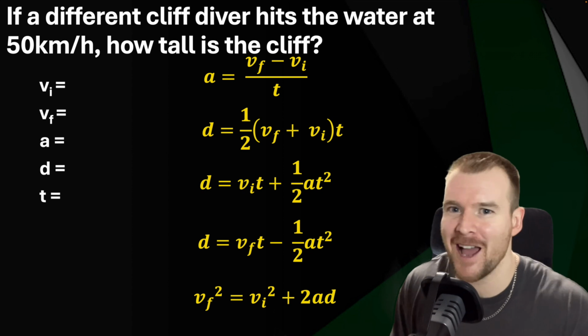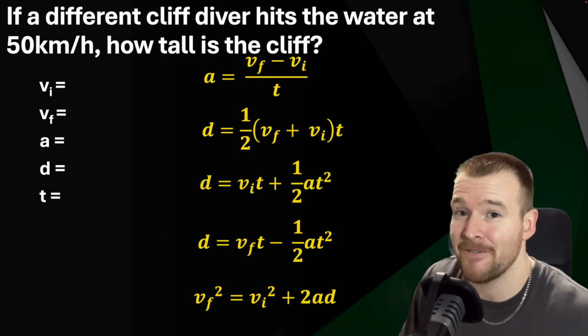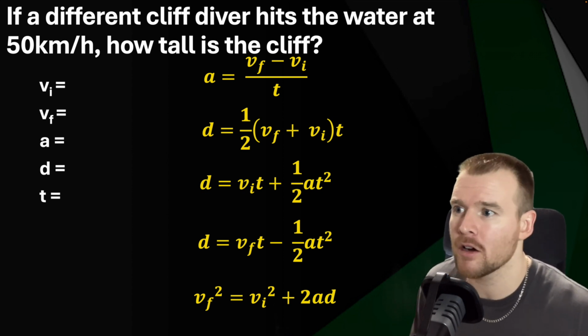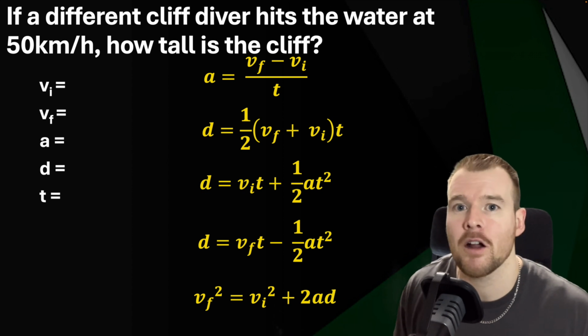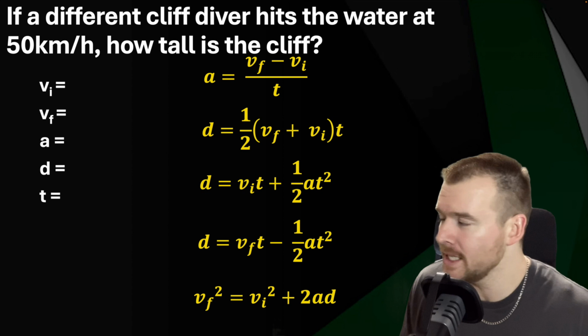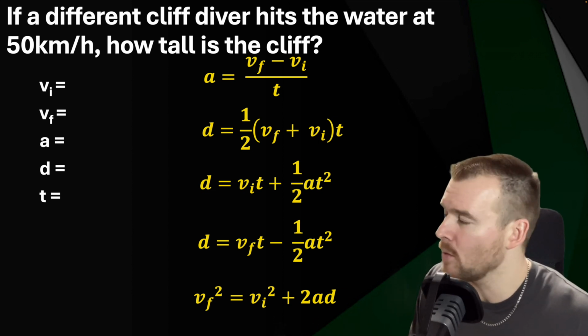Again, safely. They do the dive well and they land safely. They're not hurt. And they hit at 50 kilometers per hour, pretty fast. It's the speed that cars go, the posted speed limit in town often, 50 kilometers per hour. So pretty quickly. And we're trying to find how tall this cliff would be to hit the water at 50